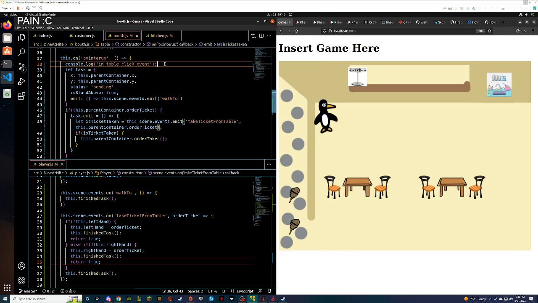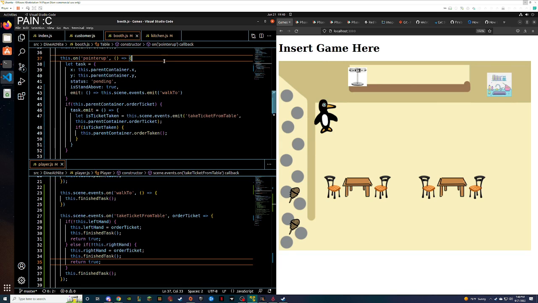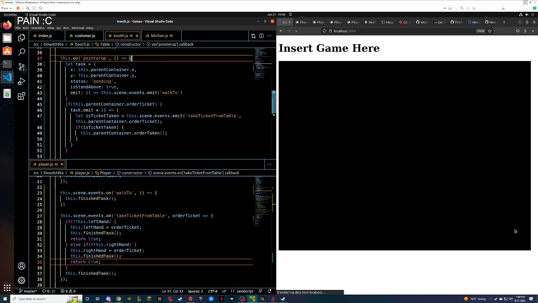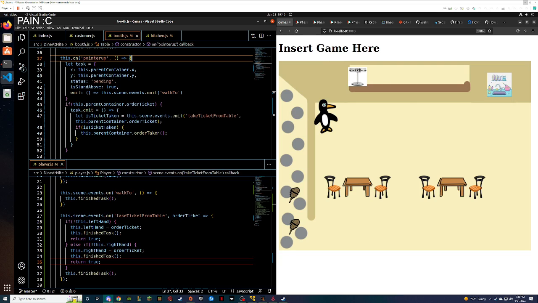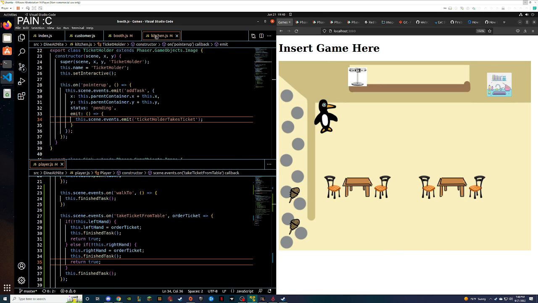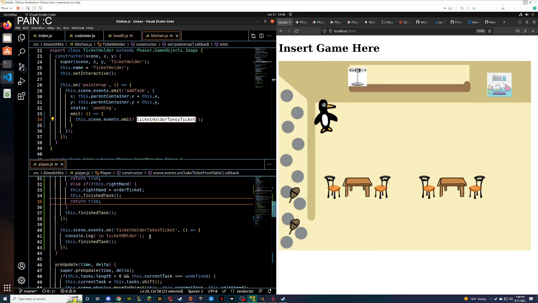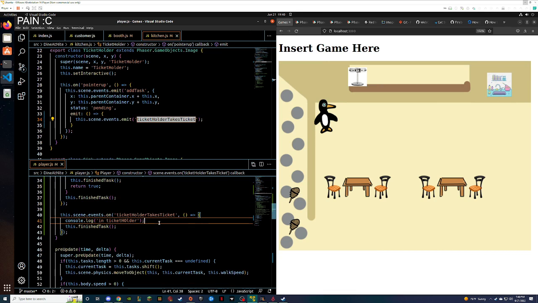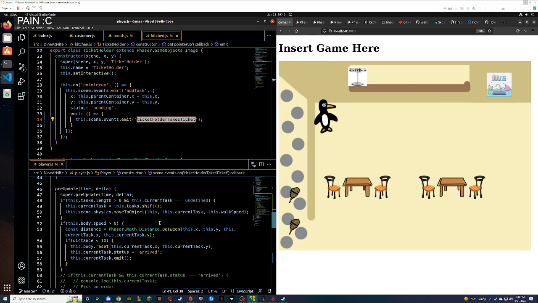Okay. So next, what we want to do is the kitchen. Okay, ticket holder takes ticket. Which is right here. So how are we doing this beforehand?